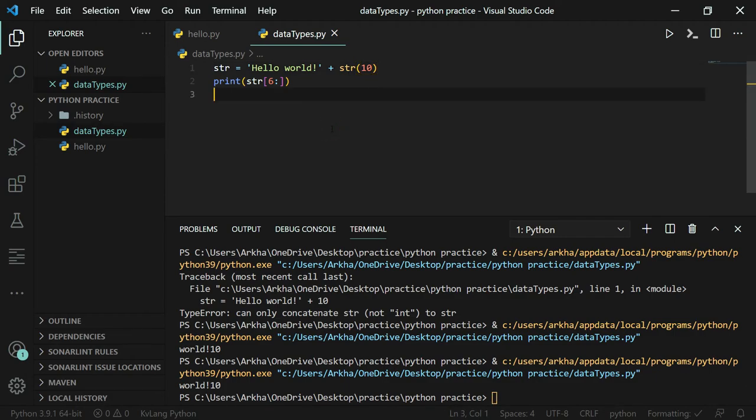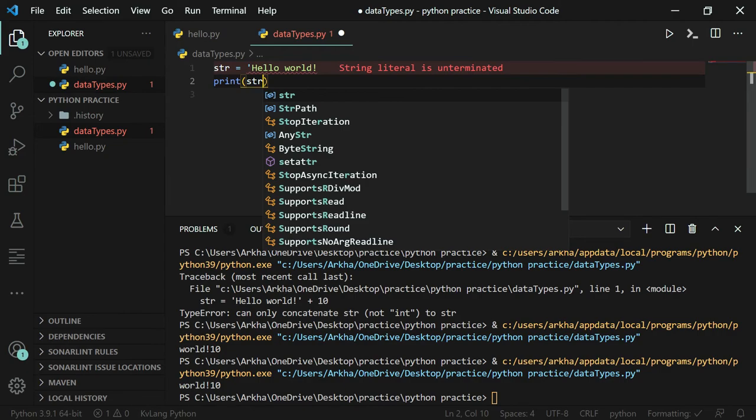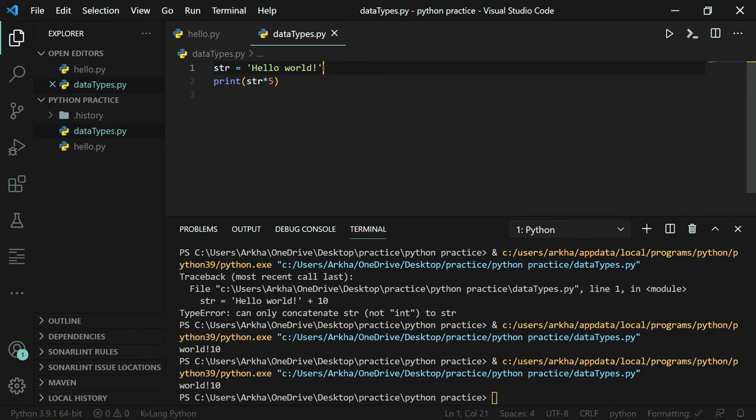And what else? Yeah, similarly to the concatenation operator, we also have a repetition operator. So if I want to print str 5 times, I can say str into 5. This is the repetition operator.